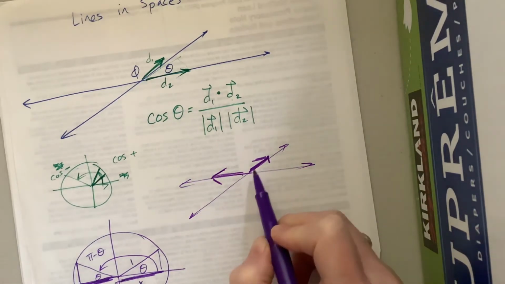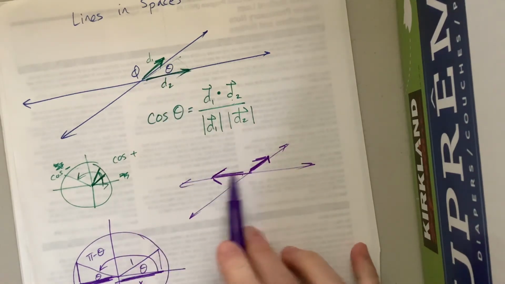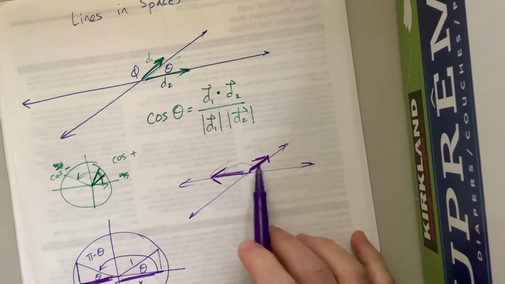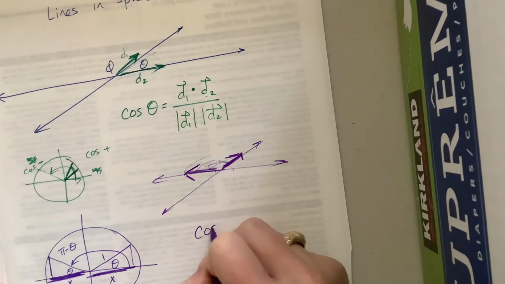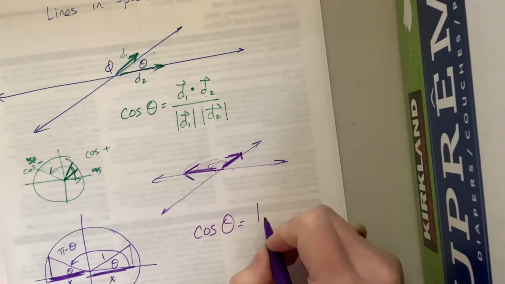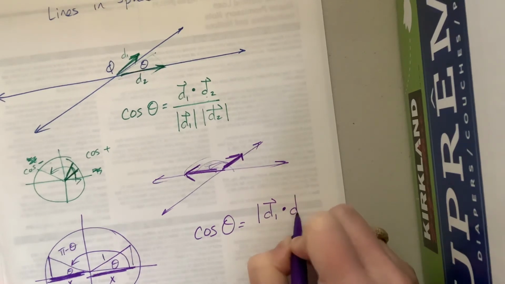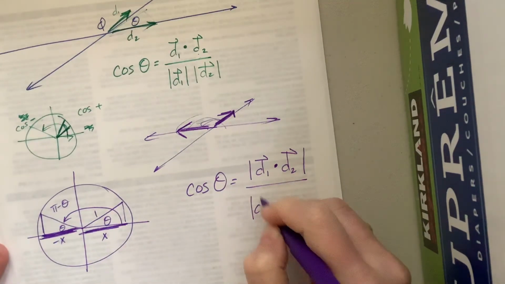This vector up here would be parallel to this vector right here, but because it's going in a different direction, it's going to give us this angle instead. So our solution is to say cosine of theta is equal to the absolute value, IB calls that the modulus, of the dot product of the direction vectors